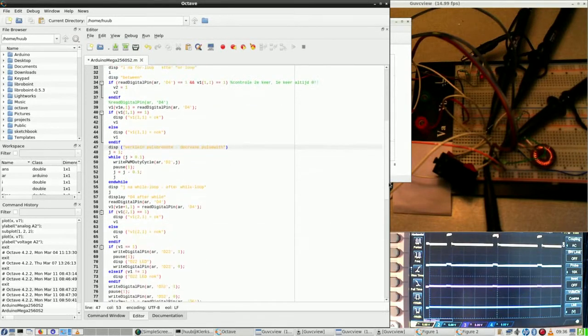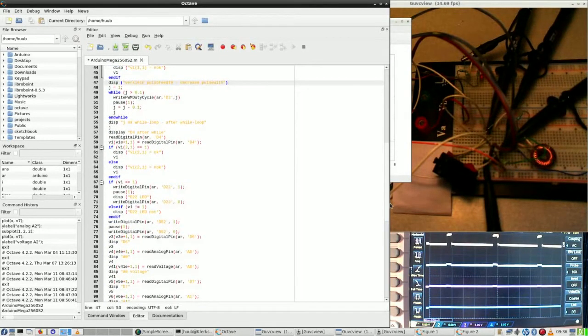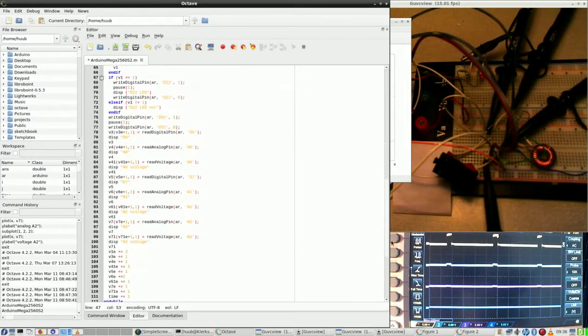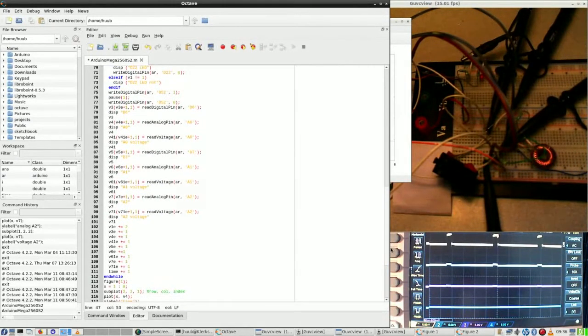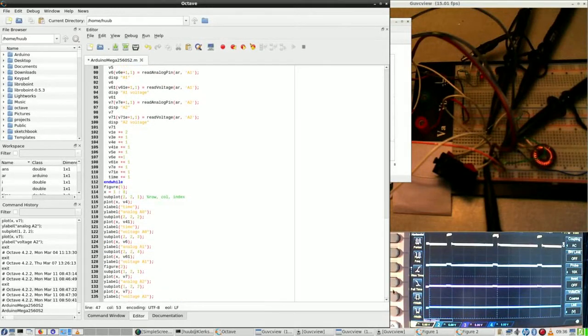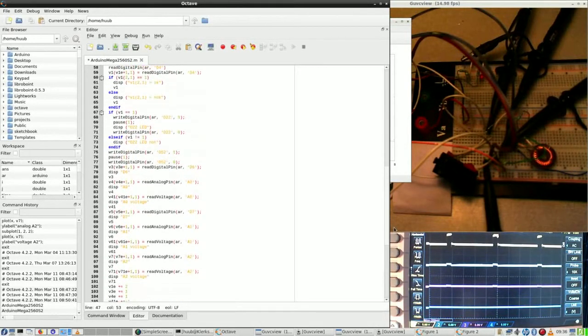Save some space, but more important, yeah, okay, I can add here